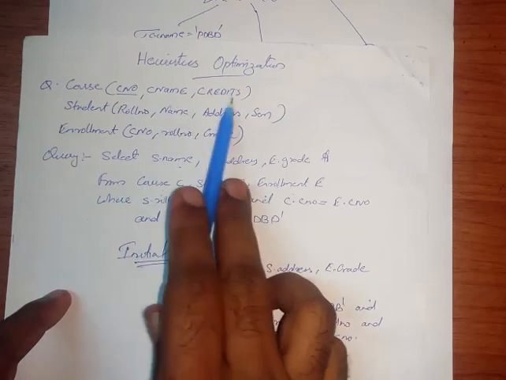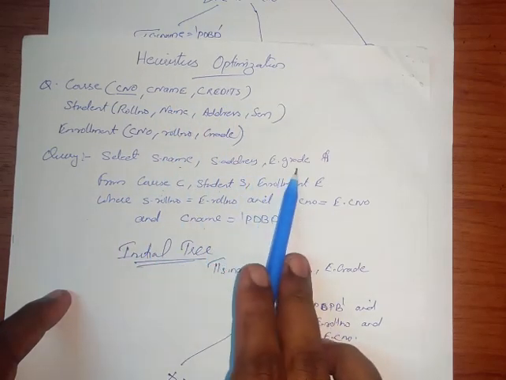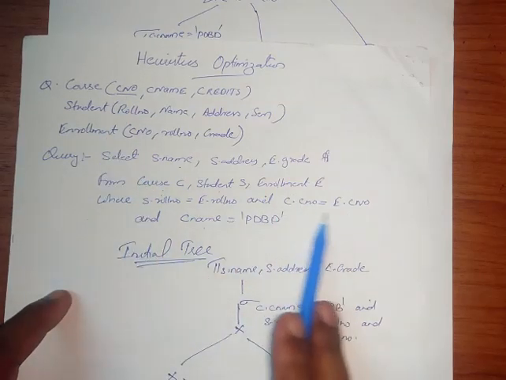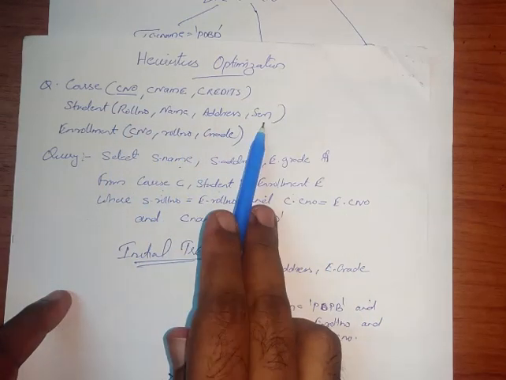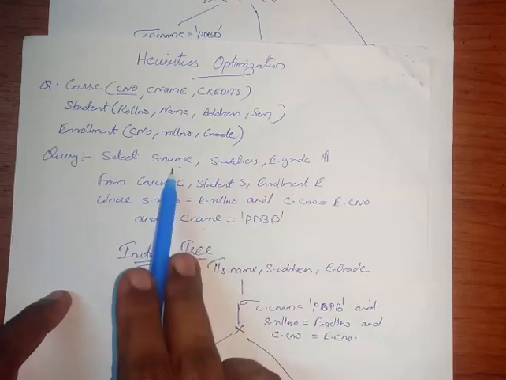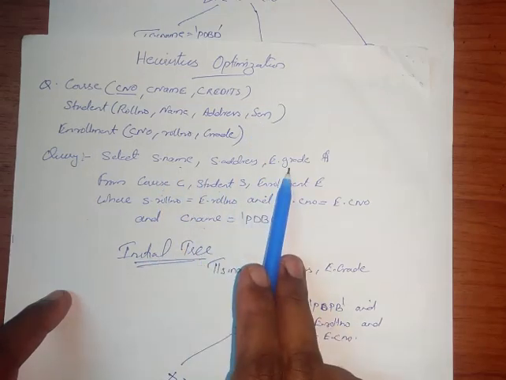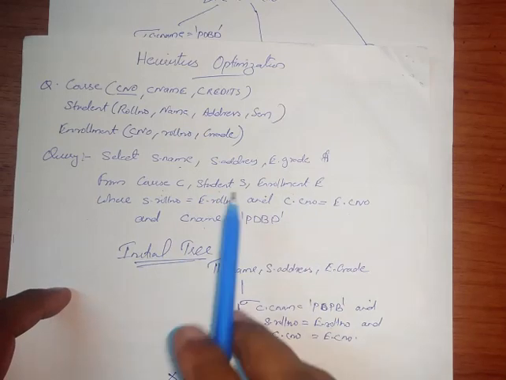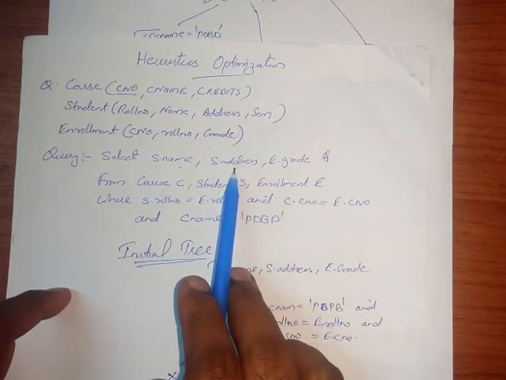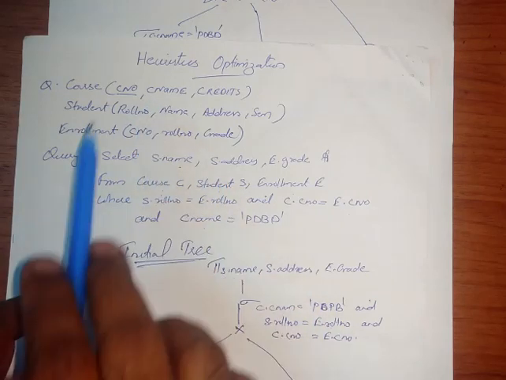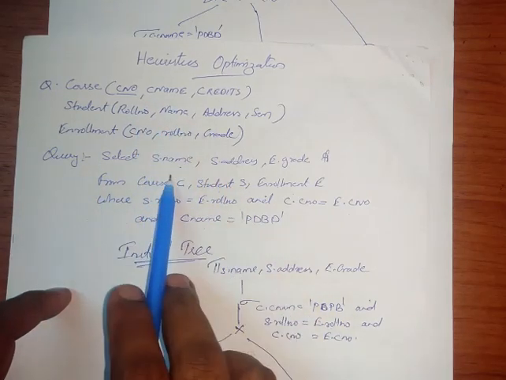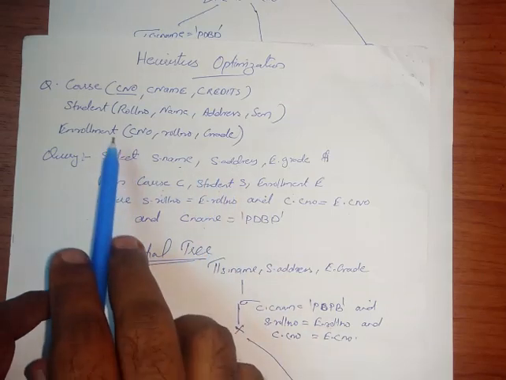So we have to check the selection, and in the course table we can see that there is a C number, C name, and credit, which is not present in our selection statement. So only C number is used in the where condition statement. And from the student table there are roll number, name, address, and semester. And in the selection statement we can see that there are 2 attributes. Address is present in the student table. Name, the second one, is also present in the student table. So these 2 attributes are required from the student table.